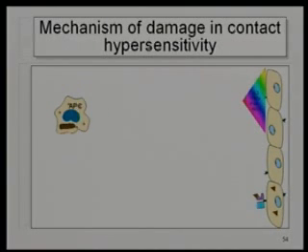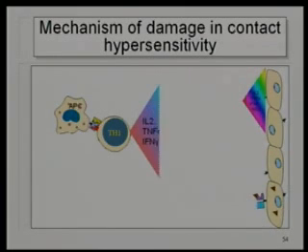Antigen is processed, presented on the cell surface together with class 1 MHC, Th1 cells in this case. In the other cases, they were Th2 cells, if you remember. And here Th1 cells are going to interact with the antigen,